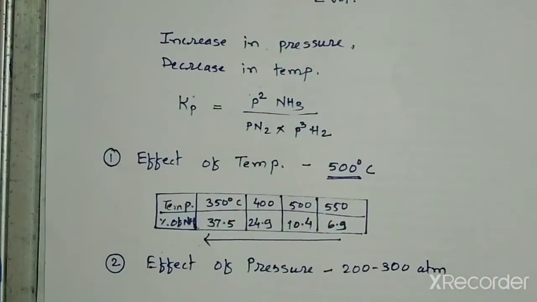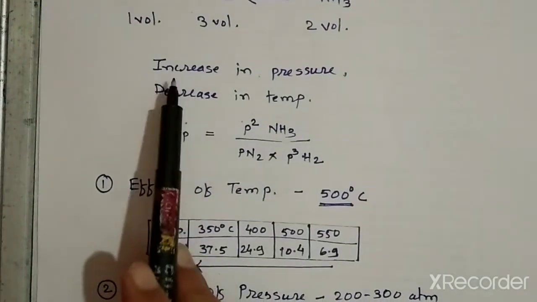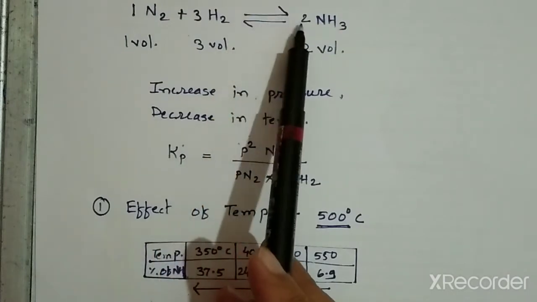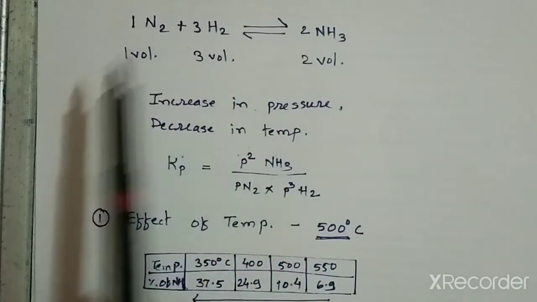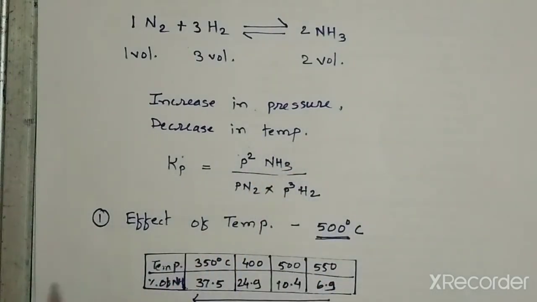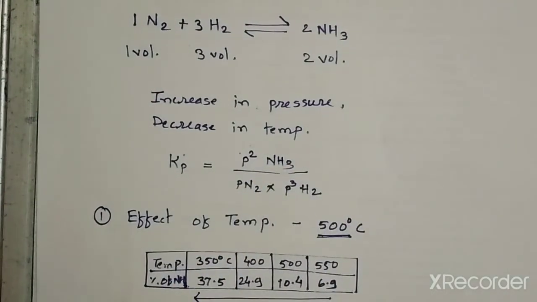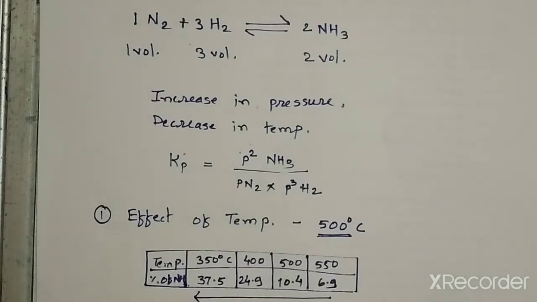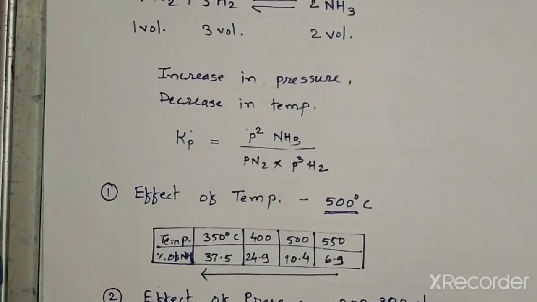As in this physicochemical principle, we have seen that an increase in pressure leads to the equilibrium shifting towards the right side, that is, towards the formation of ammonia. As we increase the pressure, the percentage of ammonia increases, but such an increase in pressure at an industrial level is not possible, and hence the optimum pressure required for this conversion is 200 to